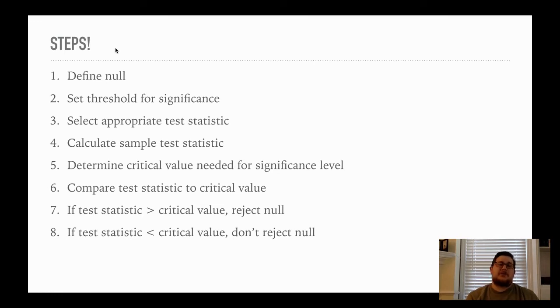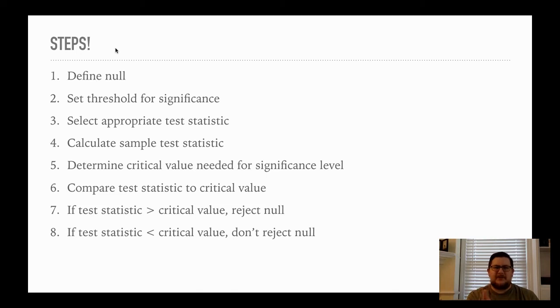However, I'm going to make sure that for your projects and the like, I'm not going to make you go back and forth and compare your t-value to a t-table to get a critical value. You don't need to worry about that. Instead, you can just report the two-sided significance reported by SPSS. So steps 5 and 6 kind of go out.